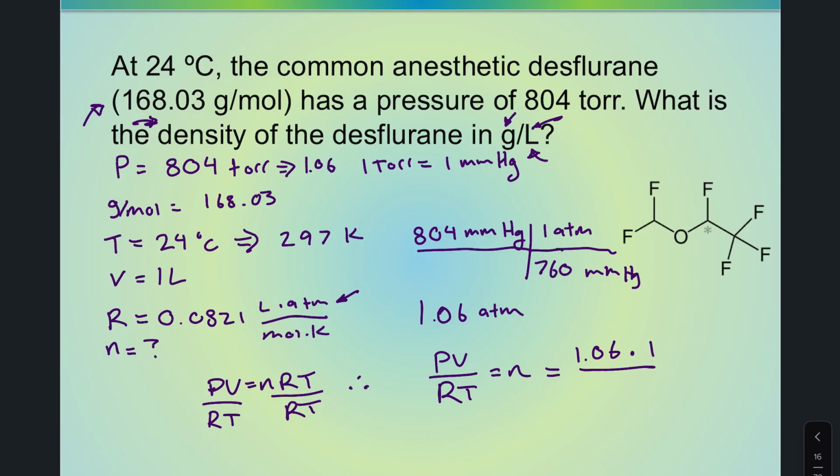We'll divide that by our R, which is 0.0821, multiplied by our T, which we calculated to be 297. And once we do this, we are going to end up with a value that is going to be